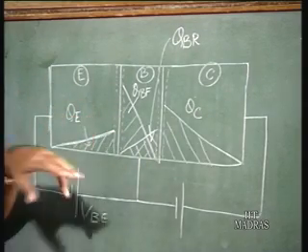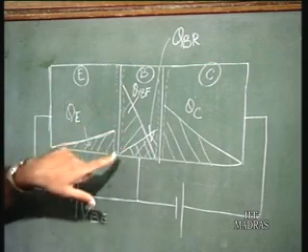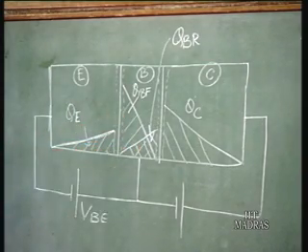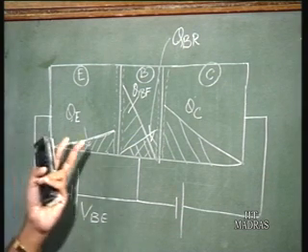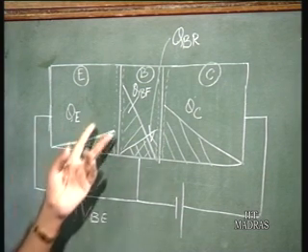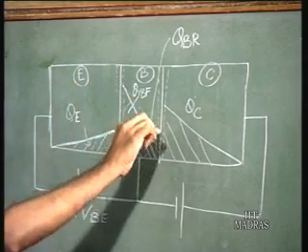If VBC is negative, this is going to be actually negative, and so this is not going to be existing. So if you have both the cases, that is both the junctions are forward biased, the total charge will be the sum of these two charges,